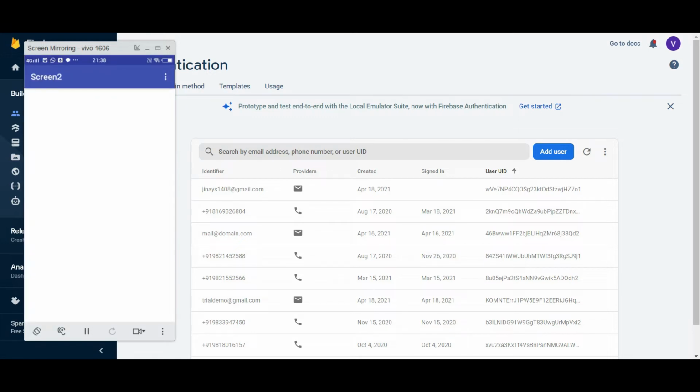So this is another amazing feature which Firebase authentication provides us, and we can edit the link and all those things in Firebase. In the further video I am going to show you how to create this and how to set up Firebase with Cordova and do the whole process.